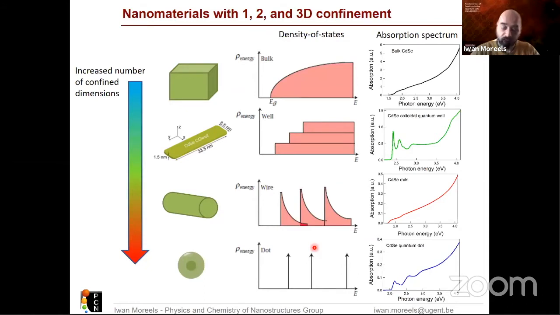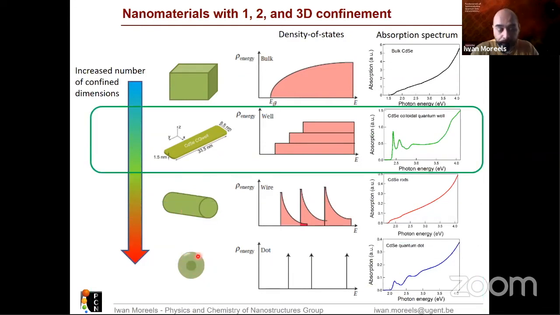So in a nutshell, we can solve the Schrödinger equation for a particle in a box when we go from bulk to quantum wells, and understand how the band gap, how the energy levels of such a material vary. I give you this general slide today as well, because not just 2D quantum wells can be synthesized as colloidal nanocrystals. You also can make nanorods, nanowires. You can go even into quantum dots. However, for the lecture of today, we will mostly, and in fact solely, focus on colloidal quantum wells,